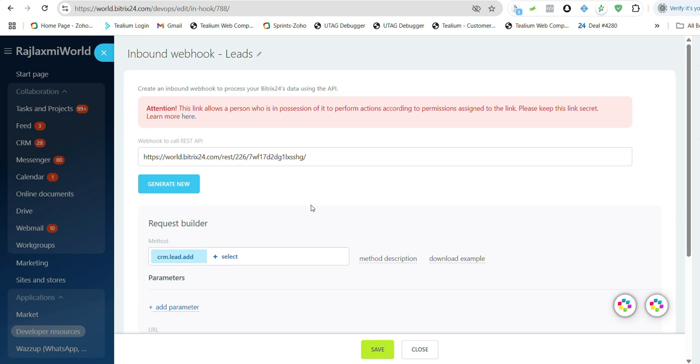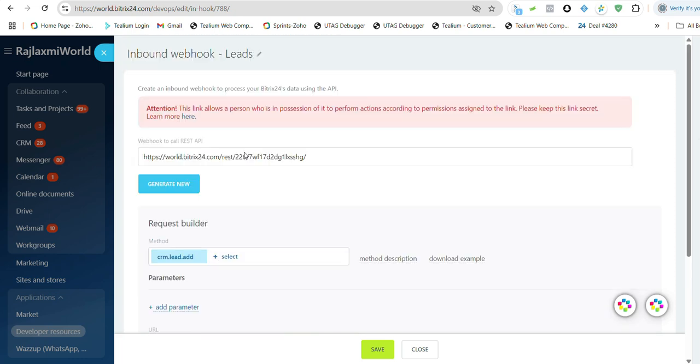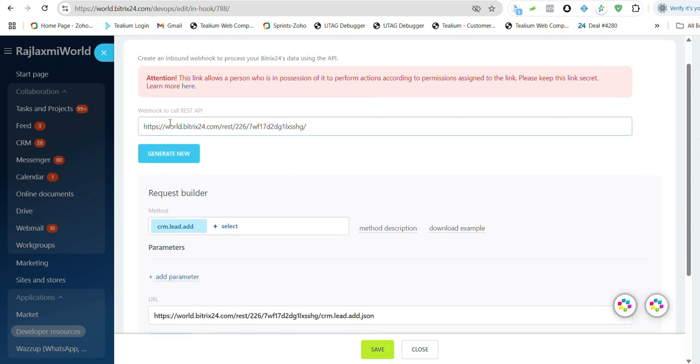Now, today's topic is how to create lead data from an external source to Bitrix through an inbound webhook URL. So first of all, you can go to the developer resources and then click the inbound webhook URL. After that, you can edit the title. You can mention the title of the inbound webhook URL, and this is used to identify the fields in the lead